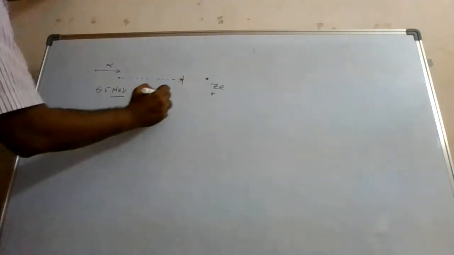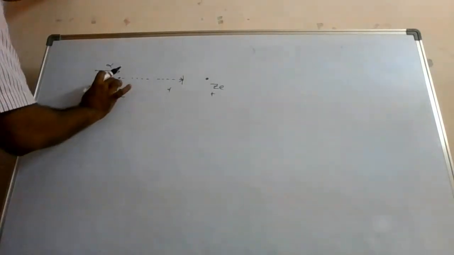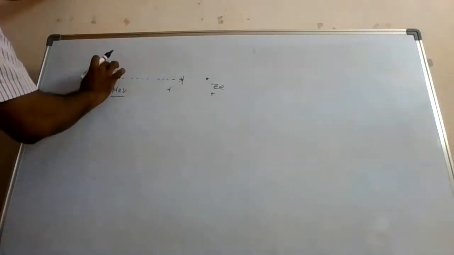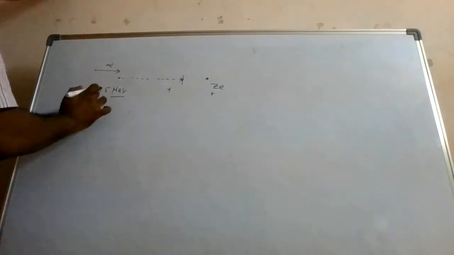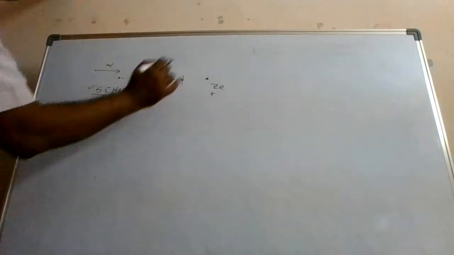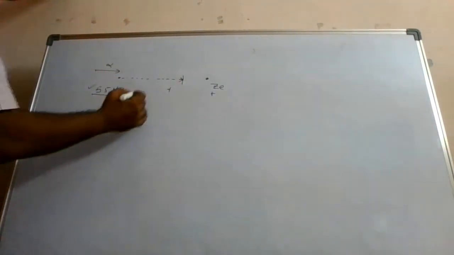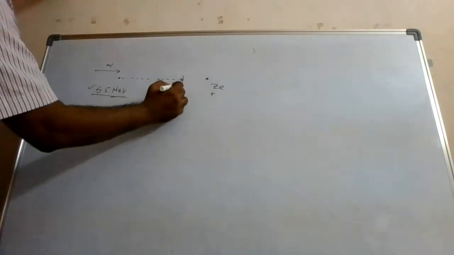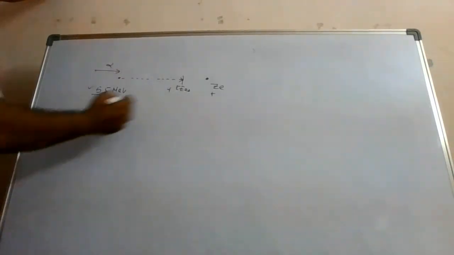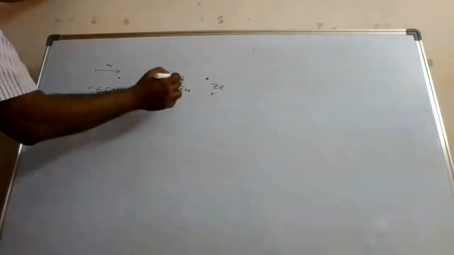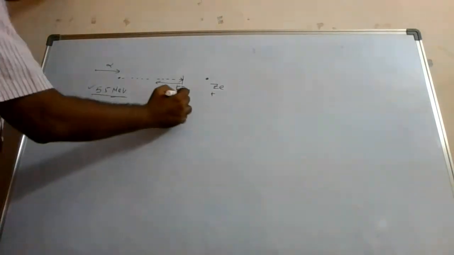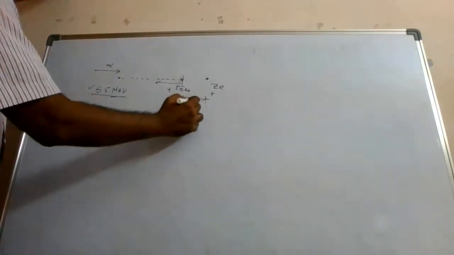So it will come near the nucleus, and at some distance it will see this is a positive charge, this is a positive charge, there will be a repulsion. This fellow will try to come near, this fellow will try to repel. So what will happen? The kinetic energy will drop. Here the energy was this much, it will drop to 4, 3, 2, 1, 0, and at some point it will become 0. The kinetic energy will become totally 0, and from here, because of repulsion, it will again go back. So this is our distance of closest approach.